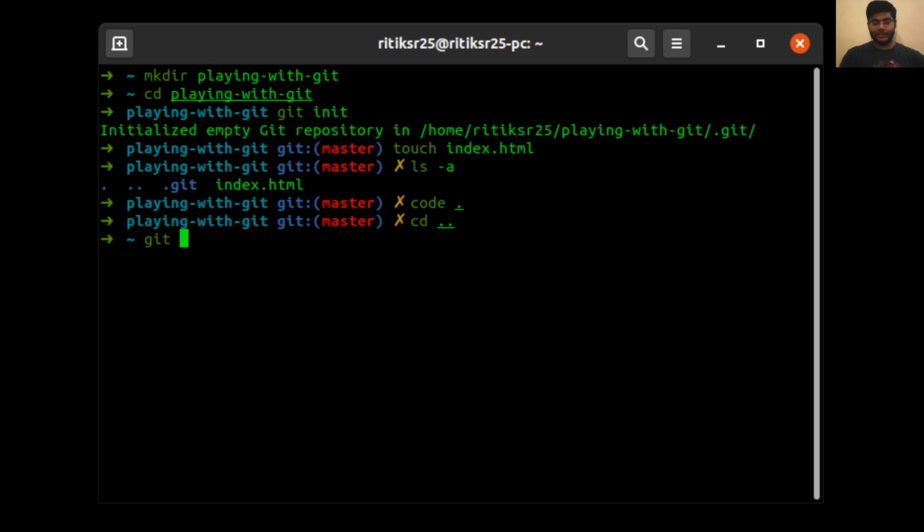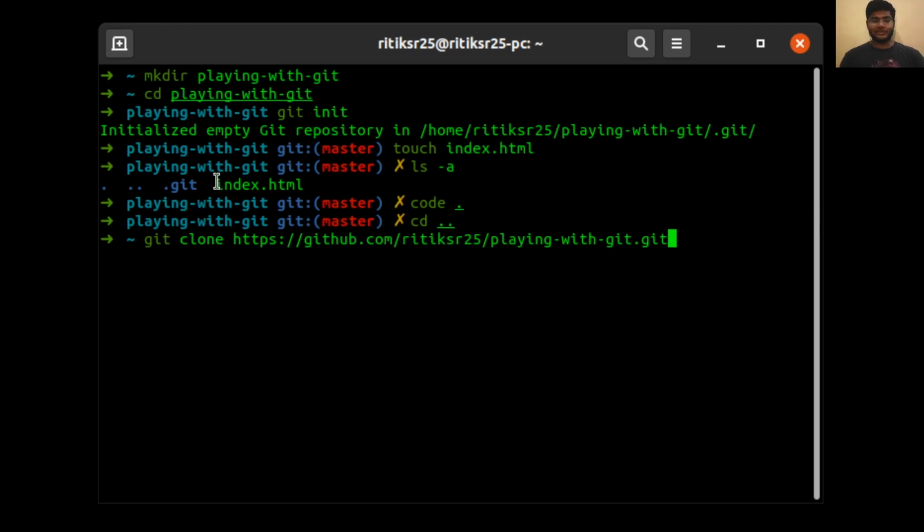You can write here git clone, space, your repository URL. So I want to clone this repository to this folder. So it will basically create a new folder, playing with git, pre-add this origin, initialize the repository with git, and clone all the changes of our remote repository to this.